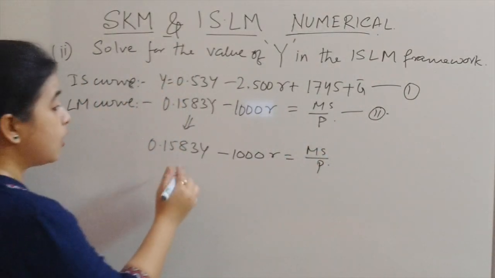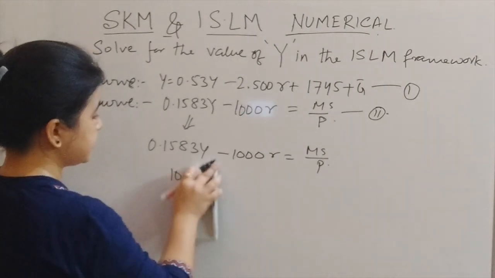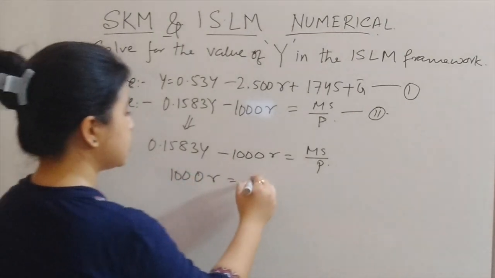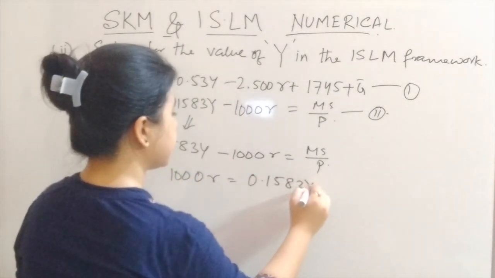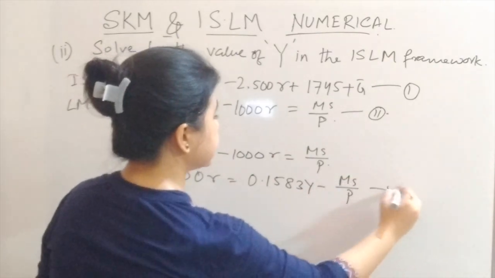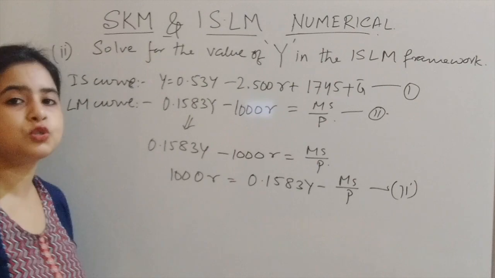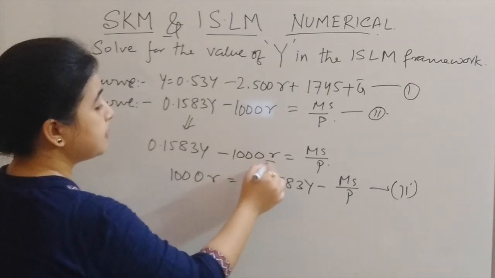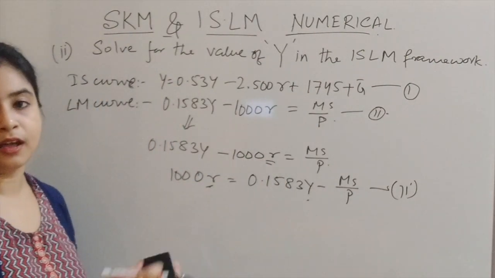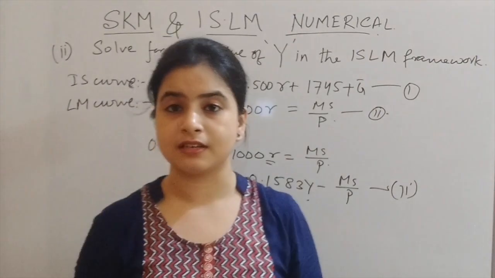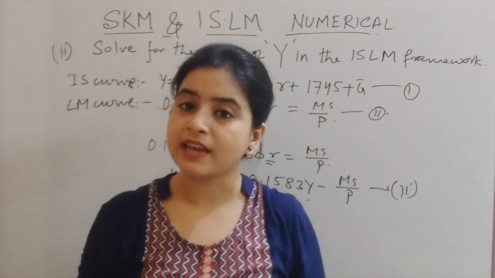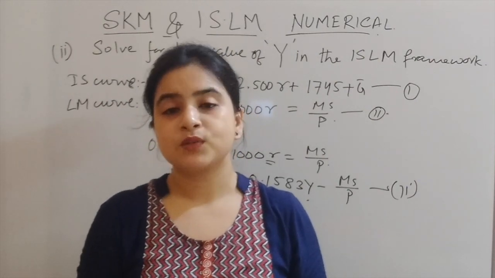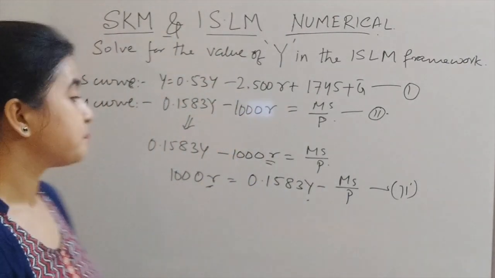as this one. What I am doing is writing in this format, so minus of M_s by P. Let me mark it as equation number 2 prime. Okay, so here I have done nothing. I have simplified it by keeping r on one side and Y on the other, because ultimately we need to do it in this fashion. Until and unless we write the equations and simplify them in this fashion, it will be a bit difficult once we have very big values. Okay, so we have